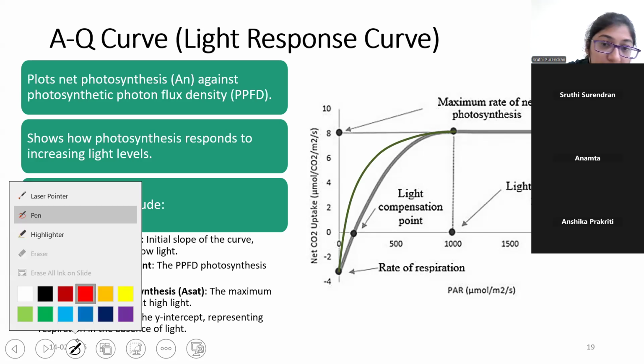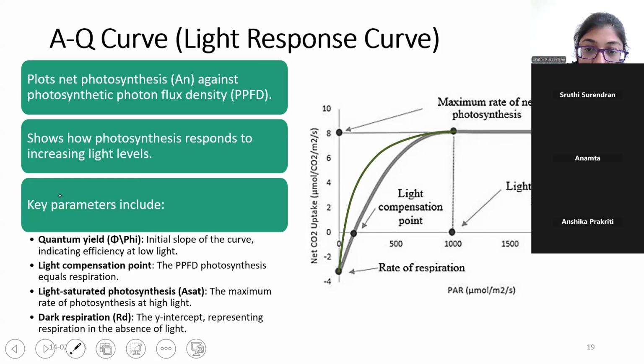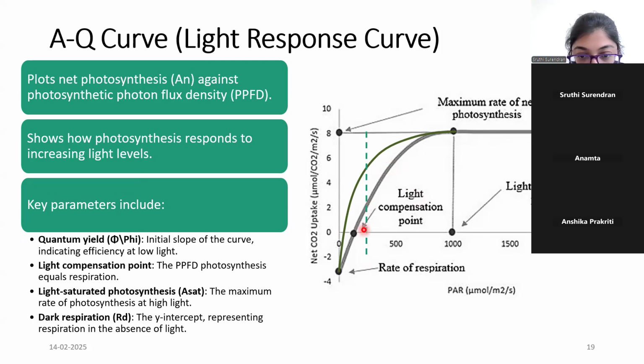The green curve has a higher slope when compared to the black curve. What information does this give us? You see, at the same light intensity, say around 200, the black curve, which might be the AQ curve for some plant A,